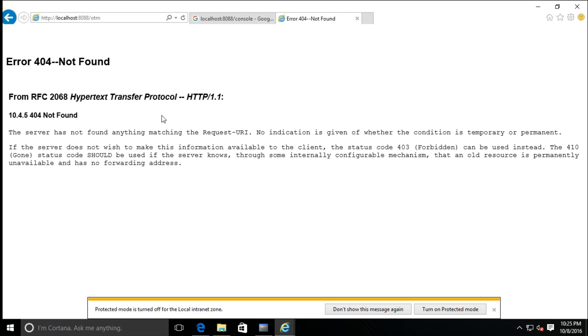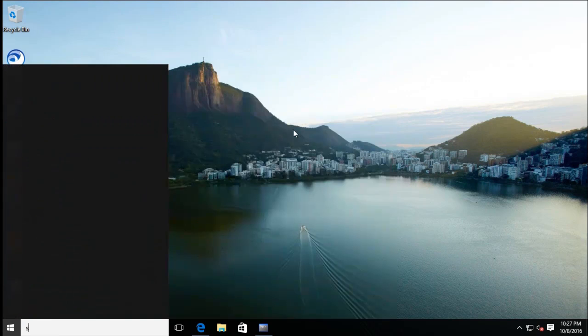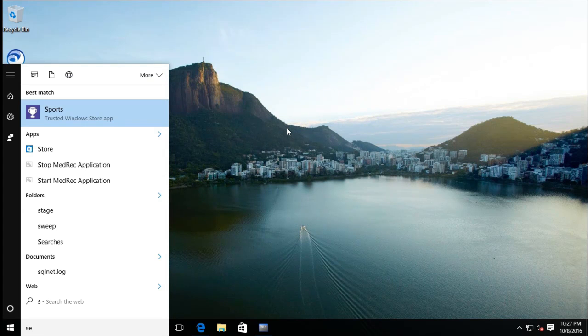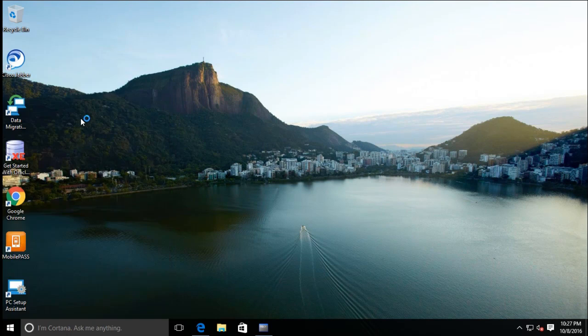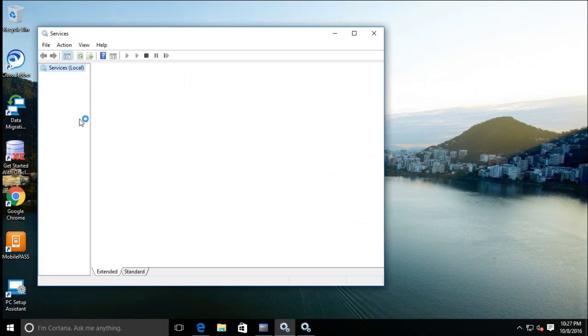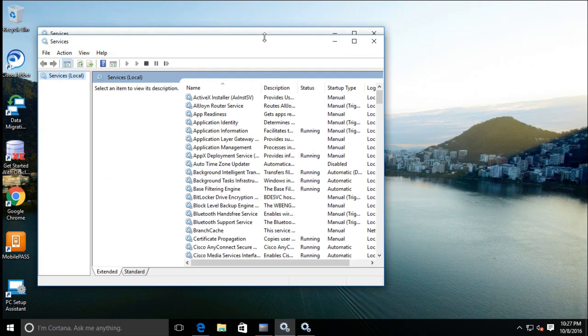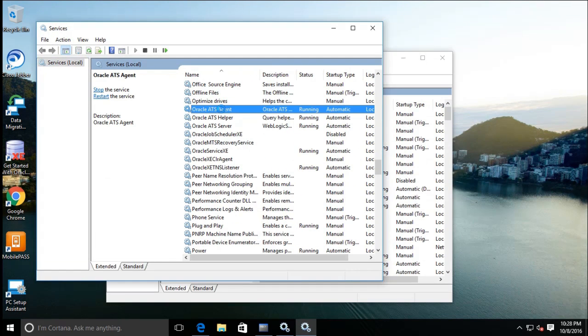If you are facing an error like this, error 404 not found, go to services.msc and inside of which you find 3 services: OATS agent, OATS helper and OATS server. If these are stopped, just right click them and start these services.